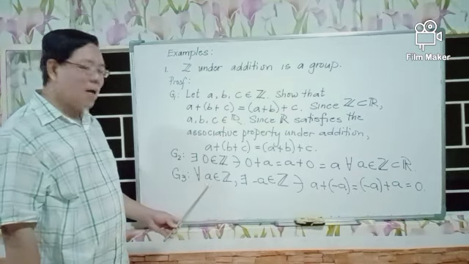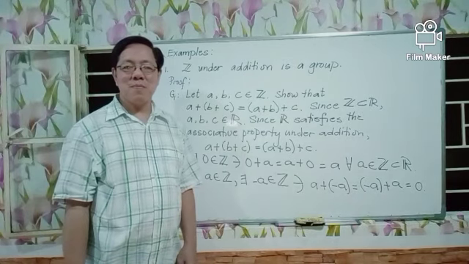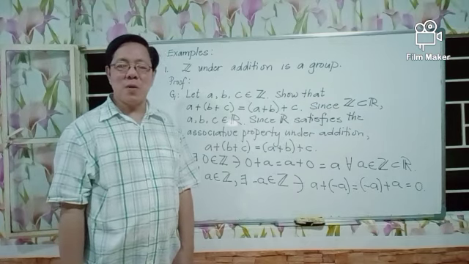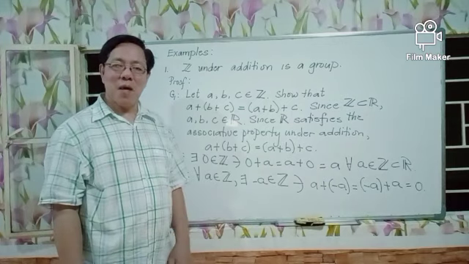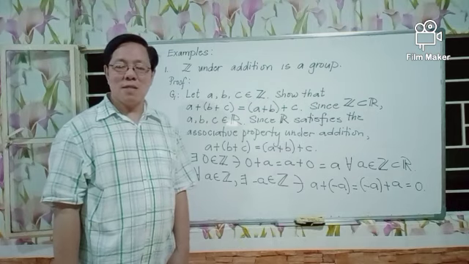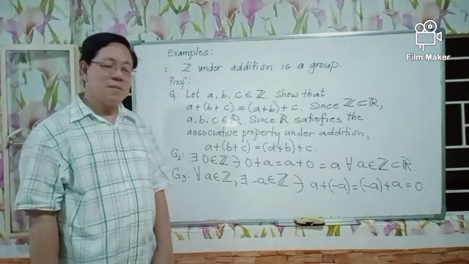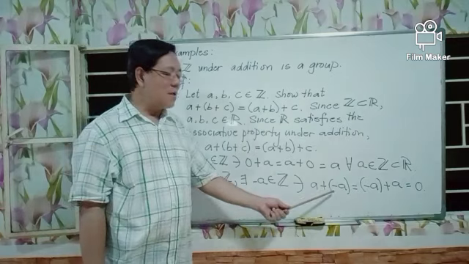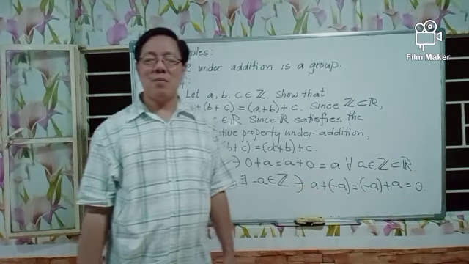So for every a element of Z, there exists minus a element of Z. As I said earlier, if a is 7, its additive inverse or negative is minus 7, and minus 7 is also an element of Z. Or if a is equal to negative 3, its additive inverse or negative is positive 3, and positive 3 is also an element of Z. And if you combine a to its negative minus a, the sum is equal to 0, which is the identity element for addition